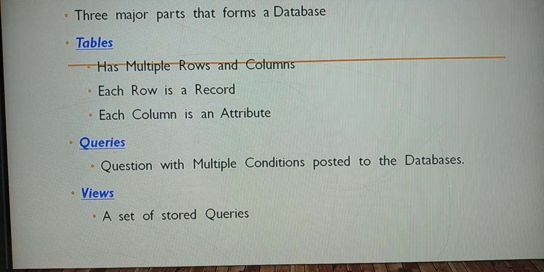It is a set of questions you are going to post to the database. A set of questions will form a view for you. These are the three major parts that form a database. The first one is your table.